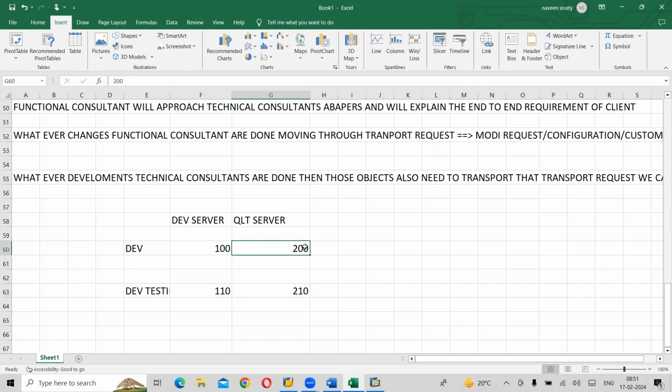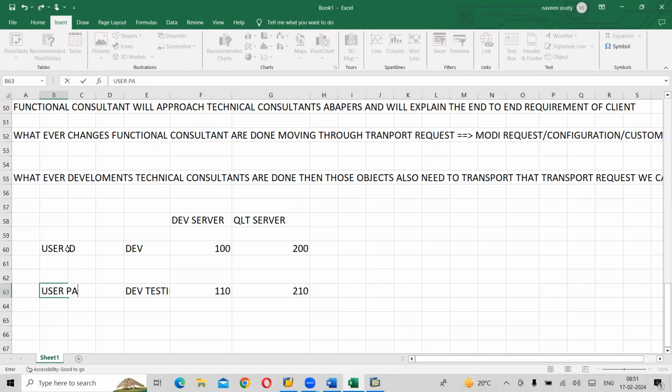In real time, in the development server, you will have your own user ID and password, for both development and development testing. You can create it. The same thing in the quality server, 200: your own user ID and your own password. Next one, here in 210 client, for example, this is called